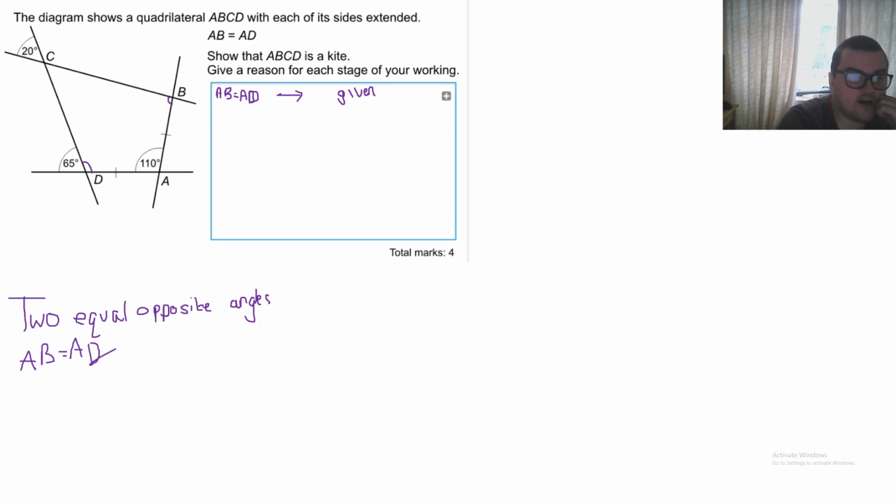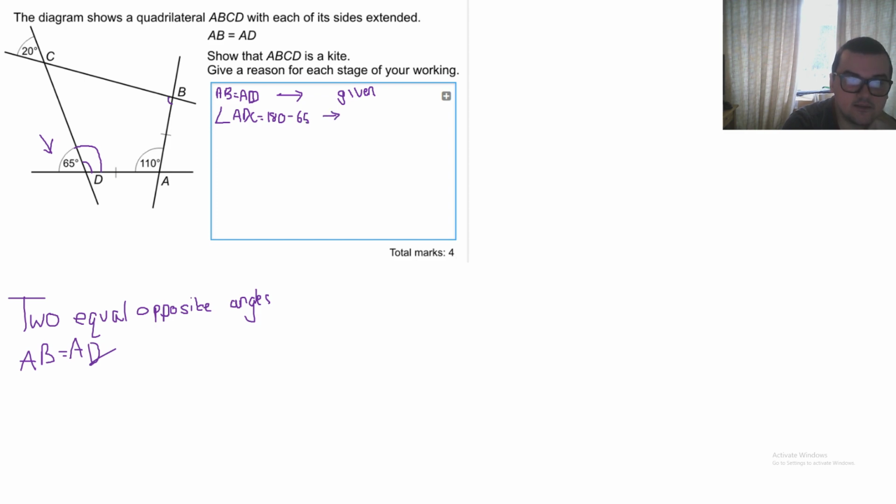We can find ADC by subtracting 65 from 180, because lines on a straight line equal 180. So we're going to say that the angle ADC equals 180 minus 65,